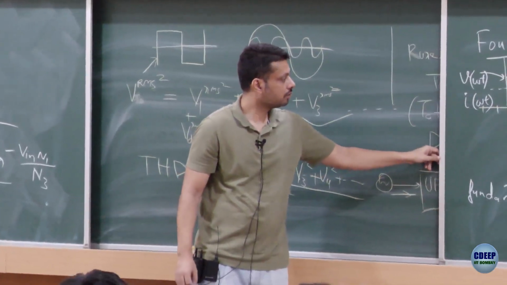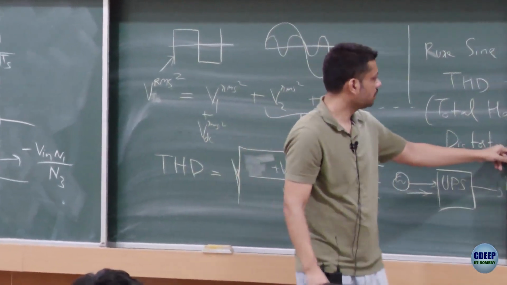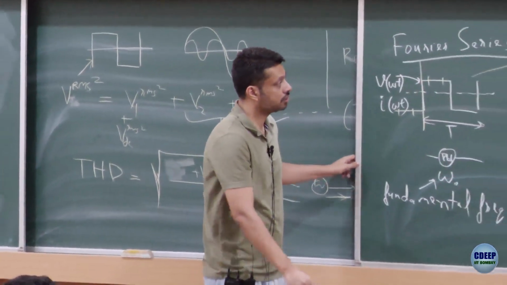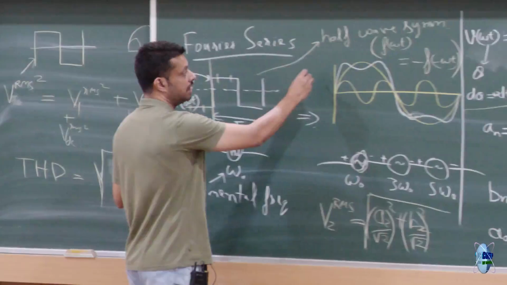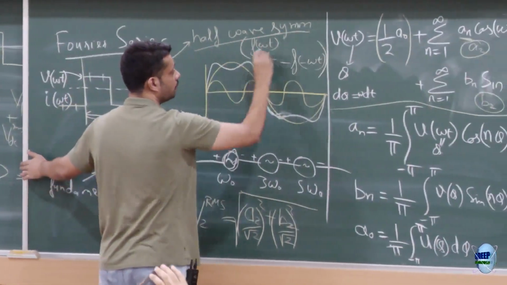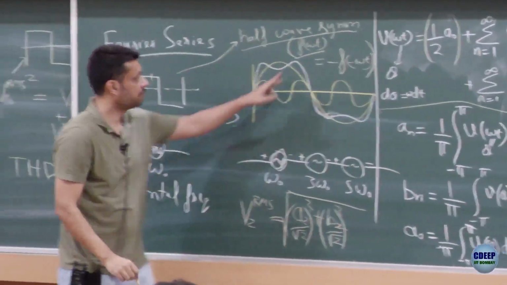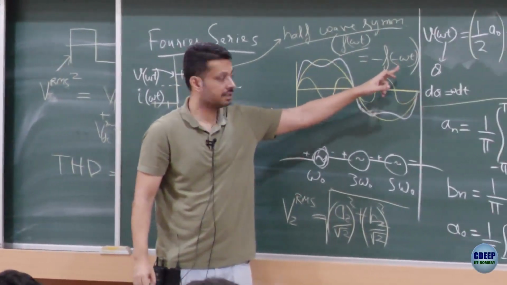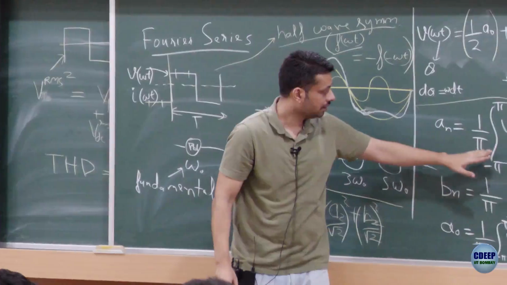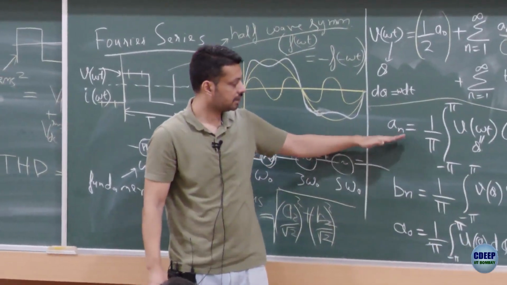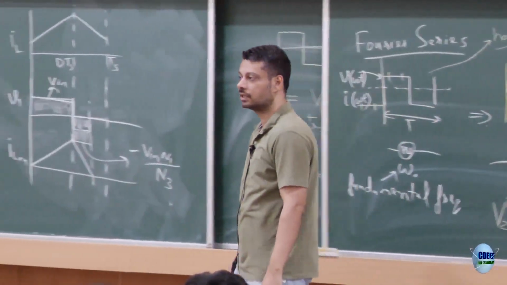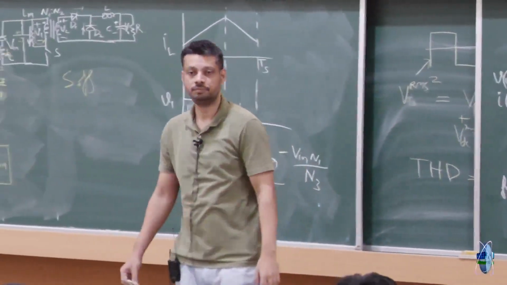Okay, so any further question on Fourier series? Half-wave symmetry also I want you guys to prove. I think you have already done it as a part of some other course, but I want you to prove that if f of omega t or f of theta is minus of f of minus theta, you can just substitute that in these expressions and try to find the coefficients A2 and B2 and prove that they come out to be equal to 0.